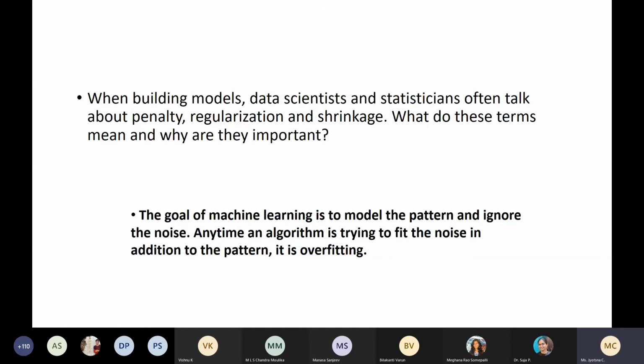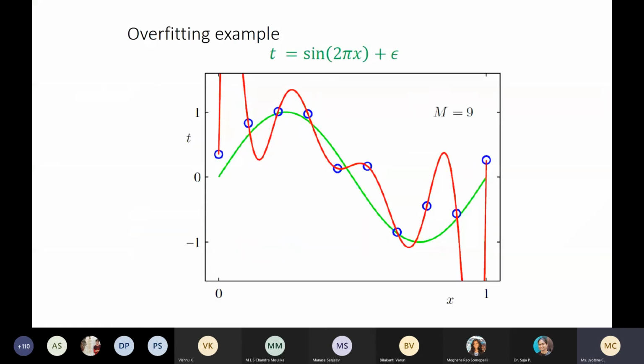So this regularization tries to avoid this overfitting. Okay, so what is overfitting? I'll just show with an example. You can see here this diagram. You can see these blue things, it shows your data samples. If it is a perfect learning algorithm, you can see in the green color, it is trying to fit the curve which almost passes through all this data.